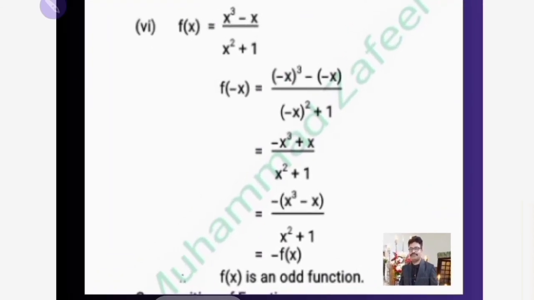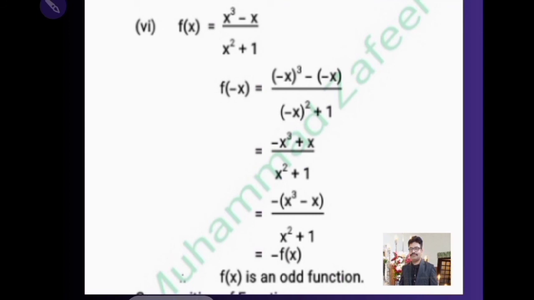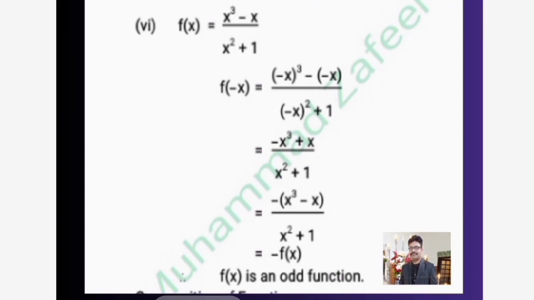Now we have to solve the last part, that is part 6. The function is f of x is equal to x power 3 minus x divided by x square plus 1. I have told in the first, second, third, fourth and fifth part that if we have to check whether the function is even or odd, we have to put x equal to minus x. So we will write f of minus x